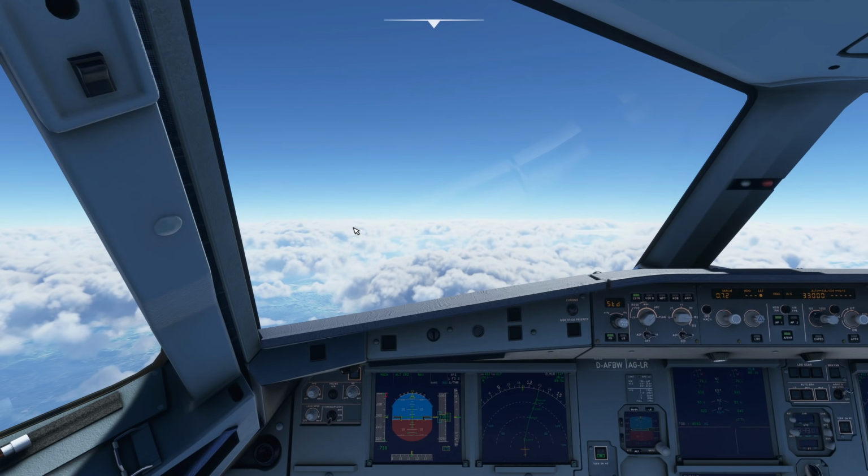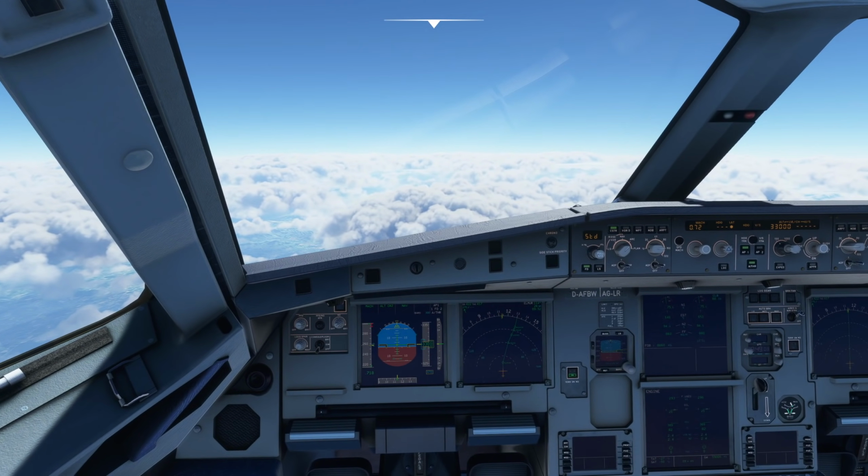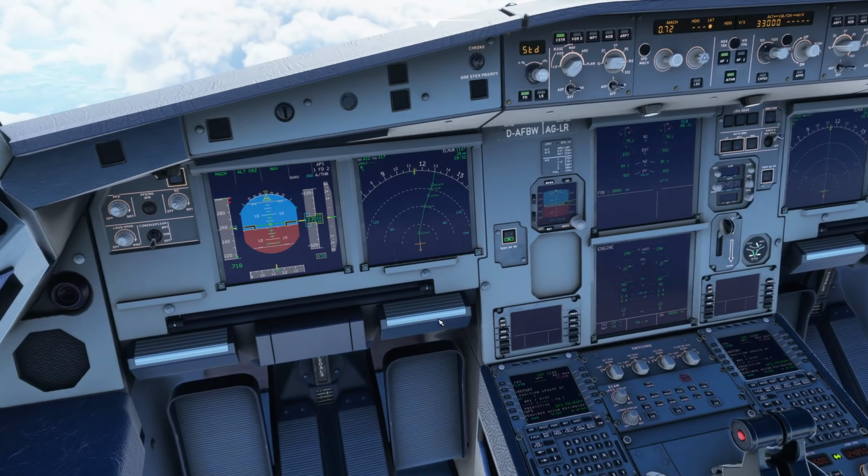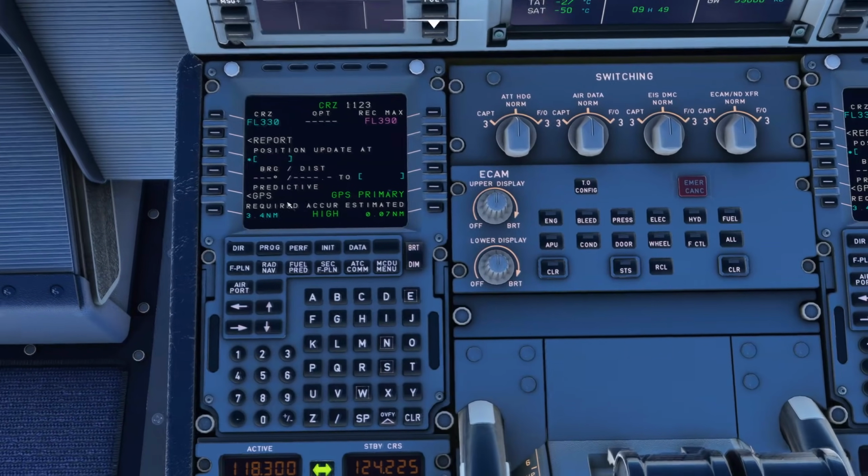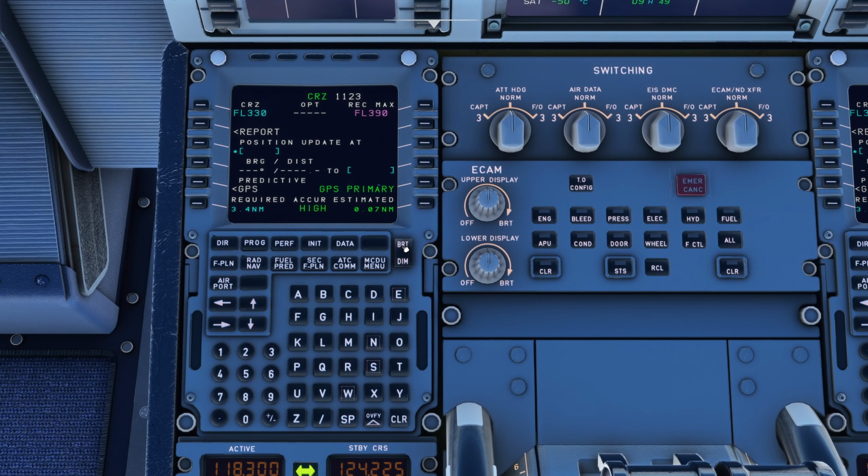So here we are on the flight deck then in the cruise, and let's take a look at what I'm talking about. So I'm talking about in the MCDU, I'll just brighten it up for you. If we have all of our normal pages, of course, and if we go to the progress page, there's this little line here that says bearing, distance, and then to. So the bearing is your relative course away or to that point. So if I want to put in, for example, let's put in something ridiculous. Let's put in the London VOR. I type in LON,